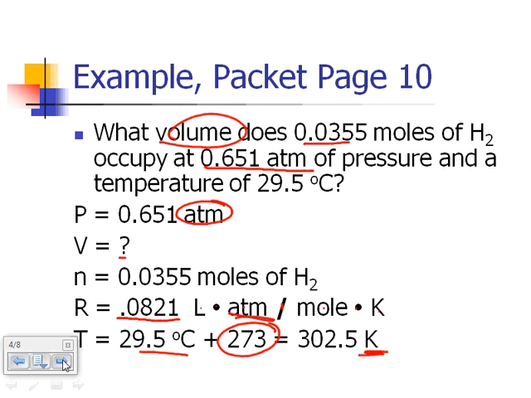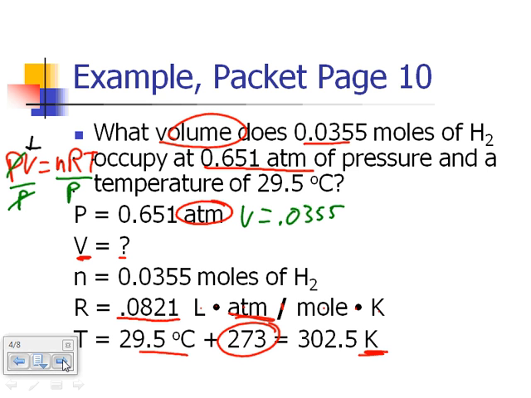So what we need to do is first write down our knowns and unknowns, and then write down the formula we're going to use: PV is equal to nRT. We need to solve for V. We need to get that on the side by itself, and we can just solve for it right here in our formula. So now we know that V is equal to nRT divided by P. And now we can just plug those numbers in. V is equal to, now we need to find n,